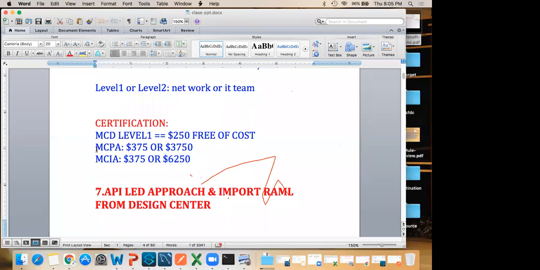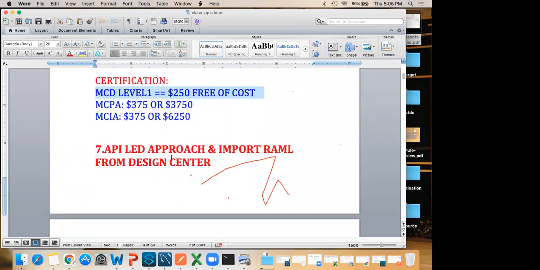Where will you get these two? Once you join any organization and finish MCD Level 1, then in the companies, if you are performing well, they will nominate you for one of these trainings, depending upon the resources. If you want to go with these two trainings, first you have to finish this. This is the mandatory training. Without finishing this, you cannot go with the others. That is the prerequisite.